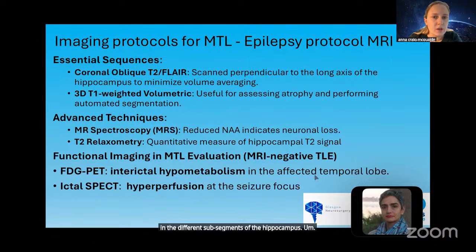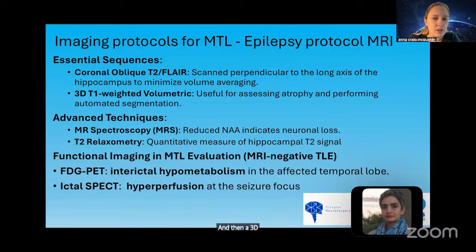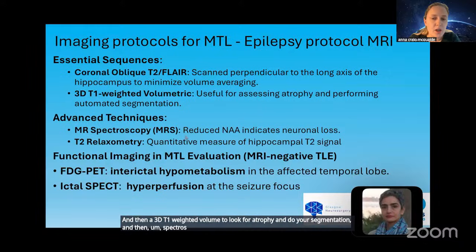So in terms of imaging protocols for mesial temporal lobe imaging, it's essentially an epilepsy protocol, which I'm sure you're all familiar with. So you'd start with basic T2 FLAIR, coronal oblique, scanned perpendicular to the long axis of the hippocampus, and then a 3D T1 weighted volume to look for atrophy and do your segmentation. And then spectroscopy, so reduced N-acetyl aspartate, indicating neuronal loss,